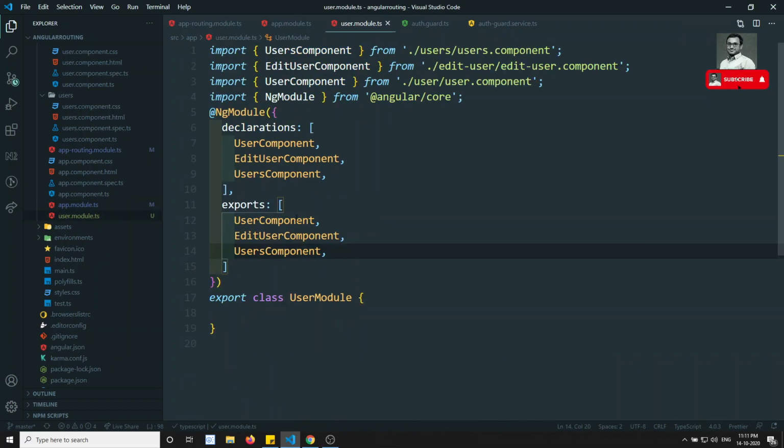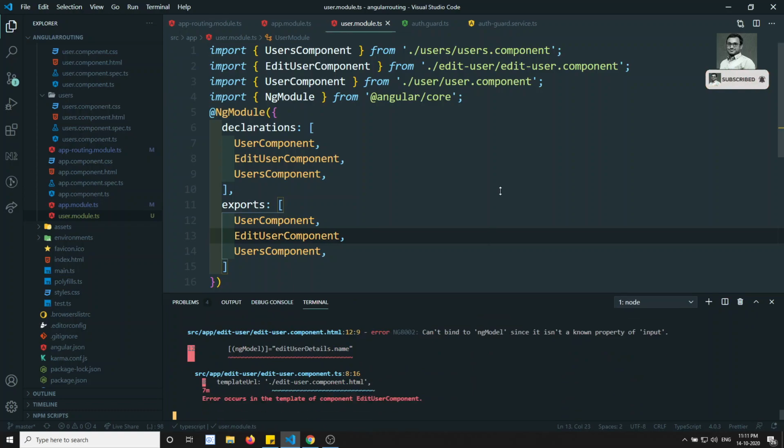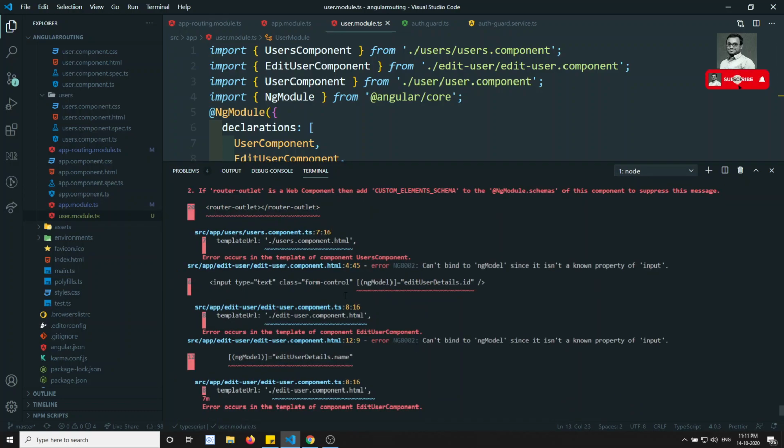So we have done one part. Okay, so we have completed one part. Let's check whether we have any errors or not. So right now, so far, we are not getting any errors. Now we got the error. See, okay, we have now got the error.